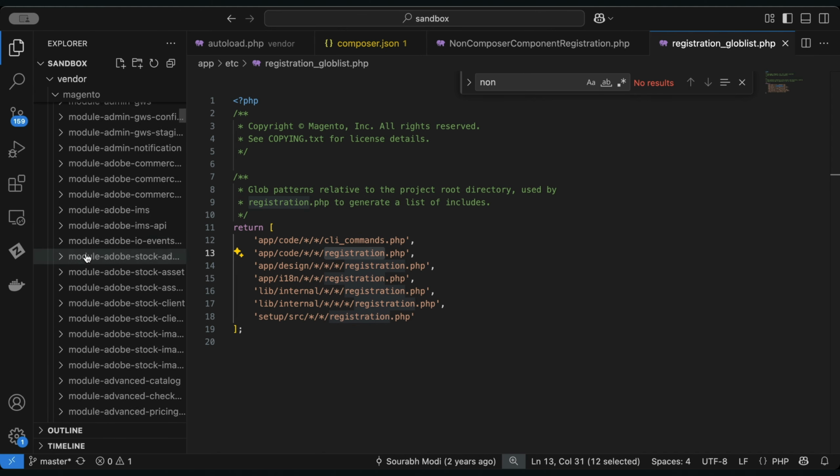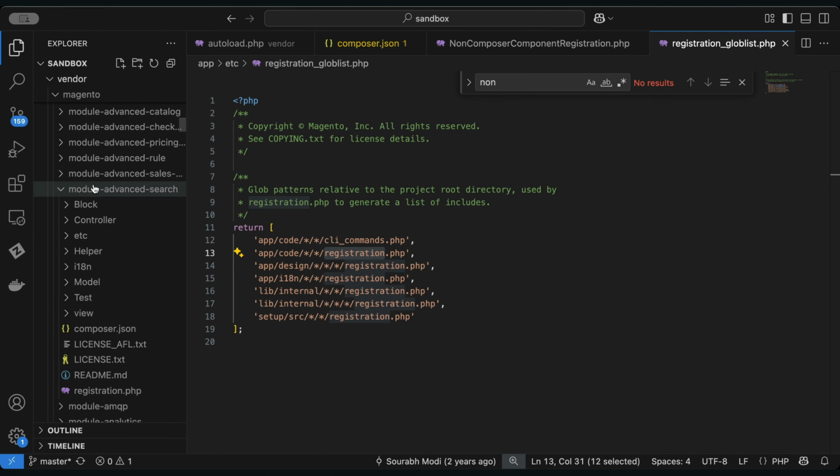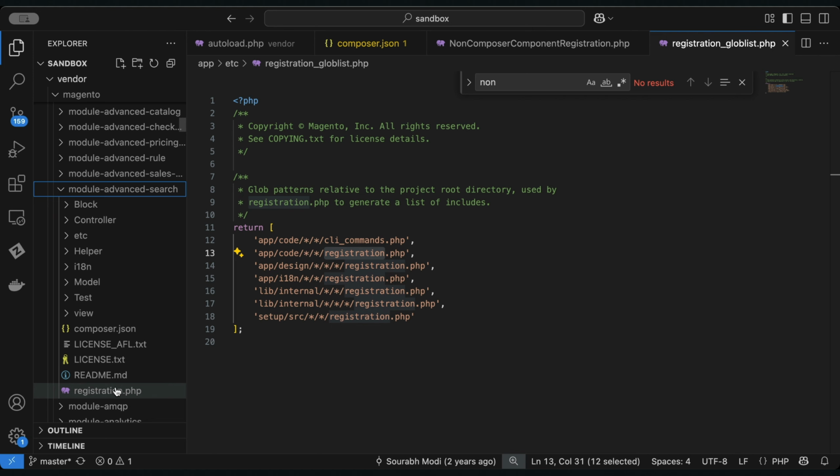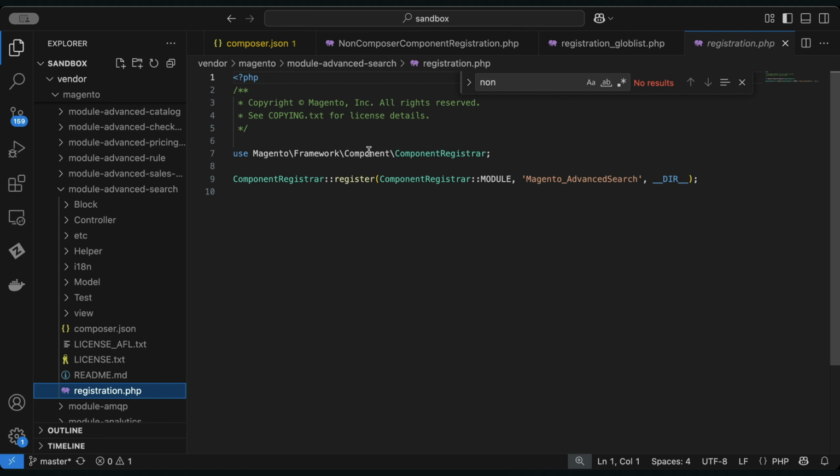So under the Magento module, what we have is module name, and then under the module name, we have this registration.php file. Okay, so it is essentially trying to load this kind of registration.php file from here, and within this registration.php, you would see that a component registrar is there, which registers this component in the system. And as soon as this component registrar registers the component in the system, this component is available